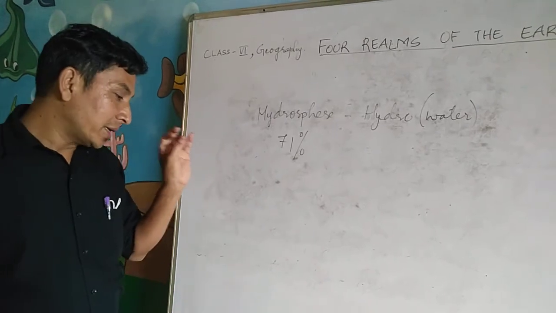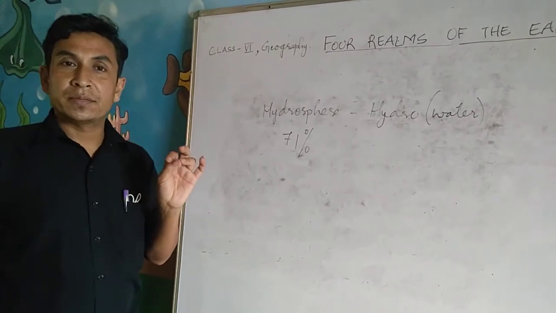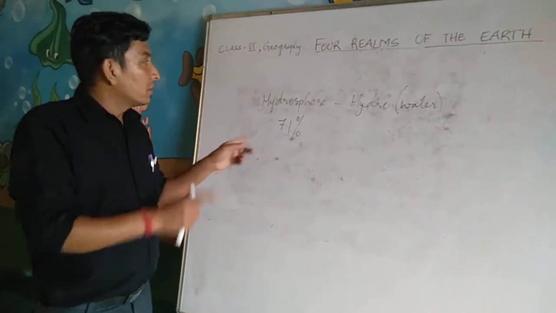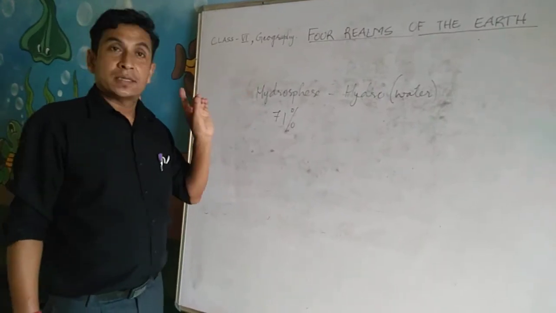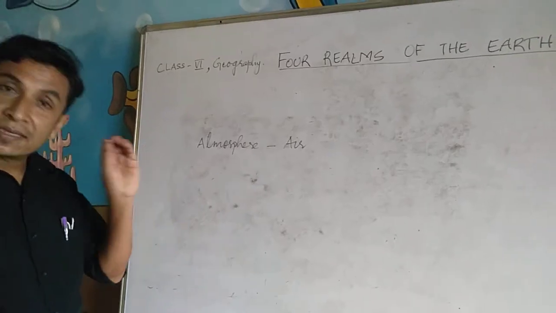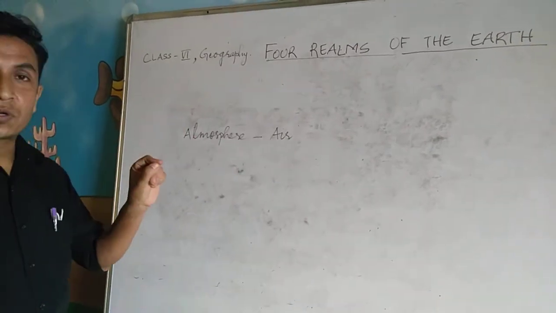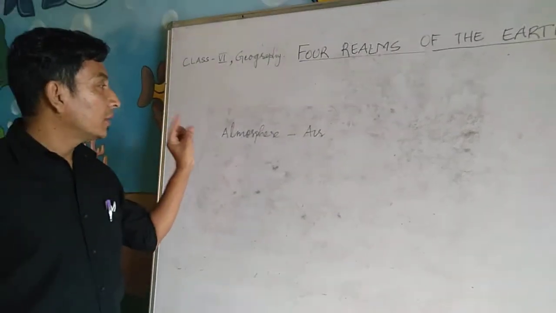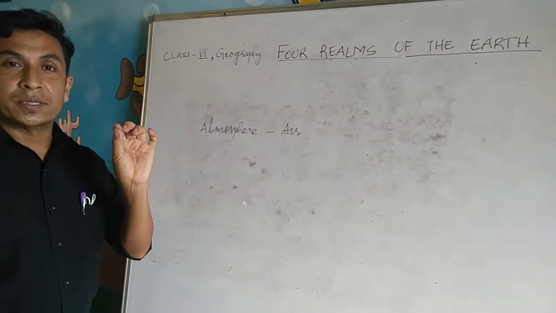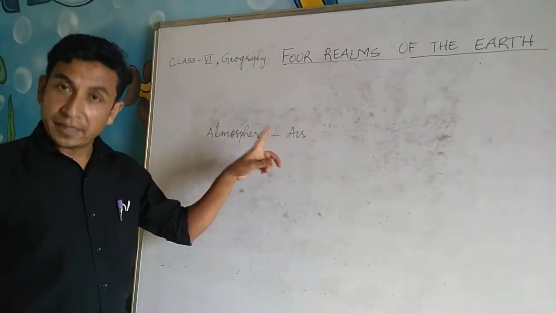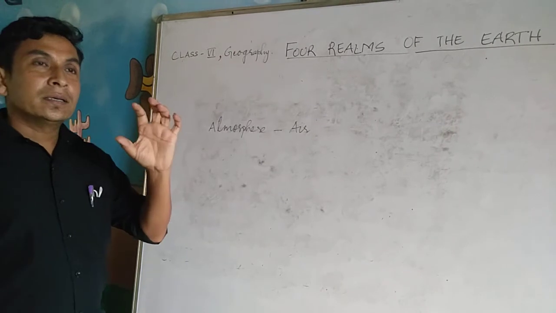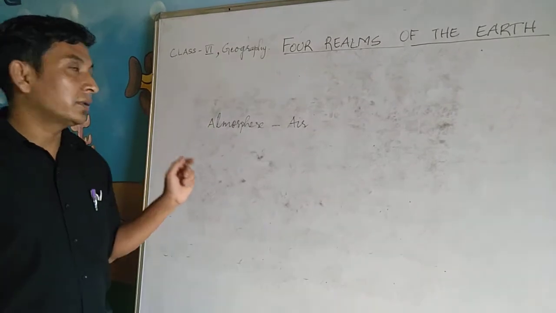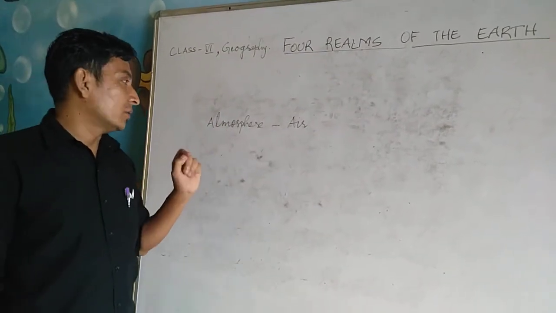So we know that there are different oceans and bays and seas. They come under this realm, hydrosphere. Okay. Our next realm of the earth is atmosphere. Atmos means air and sphere means the part. So one of the important components of the earth is the air. Air has different components, it has different layers. Altogether, this sphere is called atmosphere.